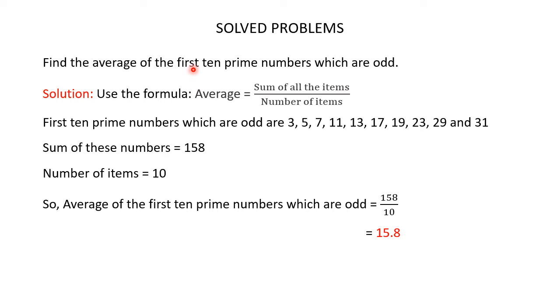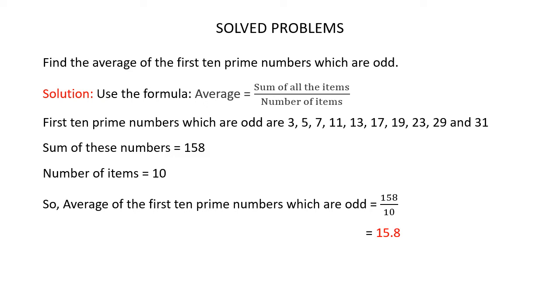Find the average of the first 10 prime numbers which are odd. So to find the average, use the formula average is equal to sum of all the items divided by number of items. Here you are asked to find the average of the first 10 prime numbers which are odd. So number of items is 10. Now the first 10 prime numbers which are odd are 3, 5, 7, 11, 13, 17, 19, 23, 29 and 31. Here you have to remember that